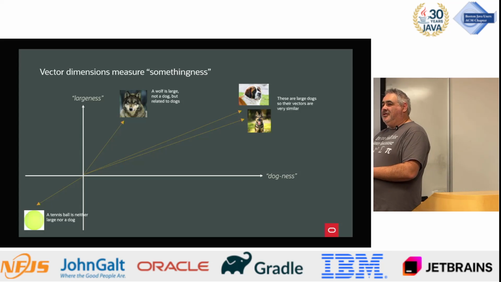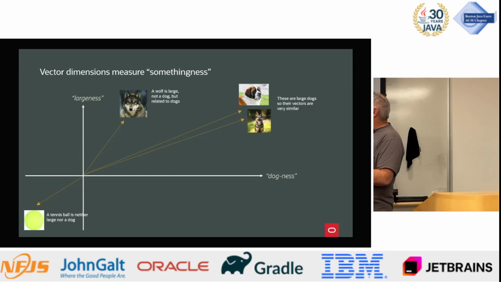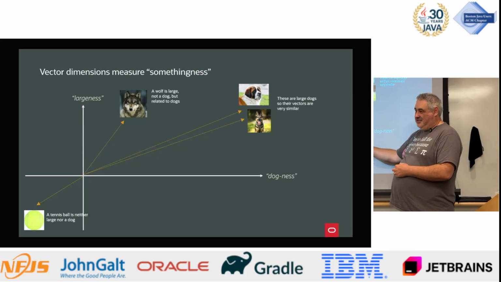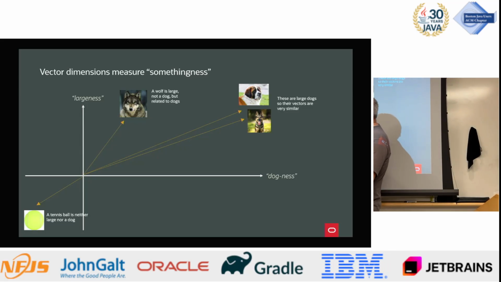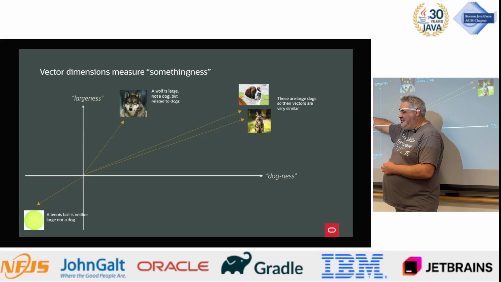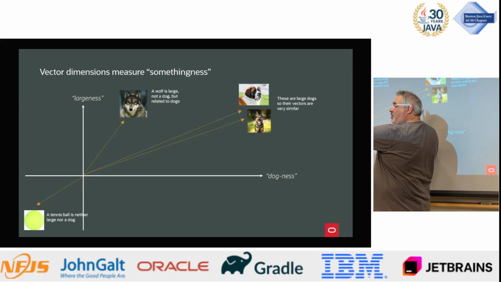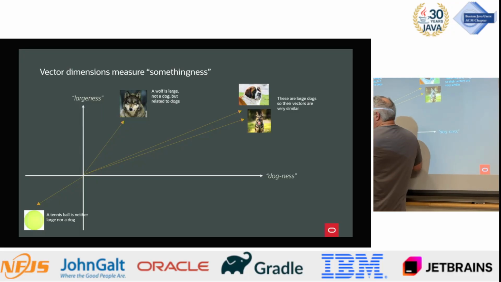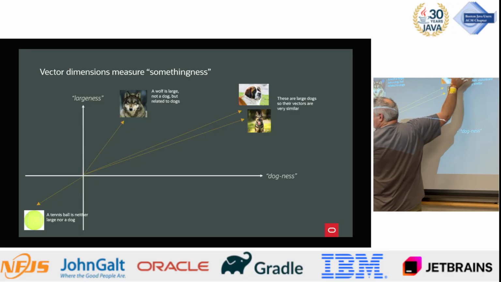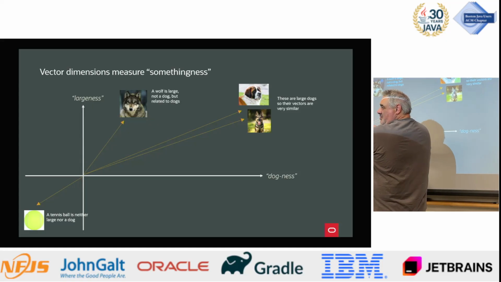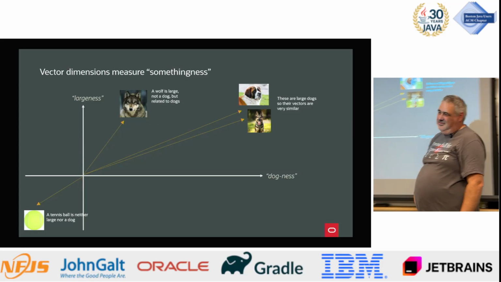So you could imagine, you kind of have to scale it up in your head. So imagine there's a cluster of dog kind of stuff here. And maybe here there's a cluster of cats. And maybe here there's a cluster of houses. And here there's a cluster of trash cans. And they're all sort of spread out in this space somewhere. Like they all occupy their own space. But, you know, just because the trash cans are here and the dogs are here, it doesn't really mean, I mean, trash cans are not dogs, they're something else, but it's not really like negative dogness exactly.